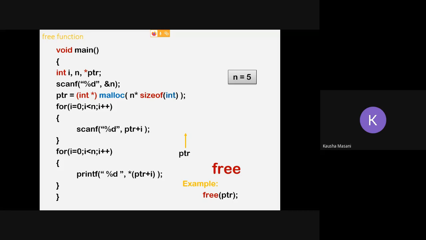I'm giving you 5 minutes to do so. Take 5 to 7 minutes. You don't have to write the full program. You just have to create a simple switch case structure. Ask the user which function he or she wants to use, calloc or malloc. And in those 2 cases, just keep this logic. So that means from integer i, n, whatever you have written in between void main, that full thing you have to just copy paste.